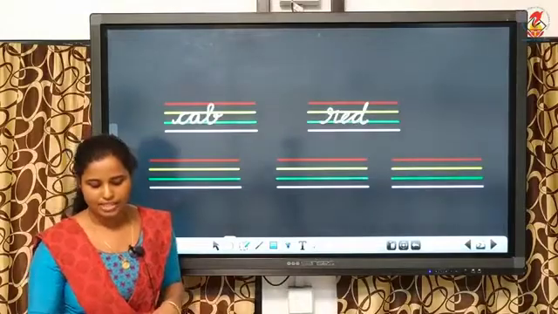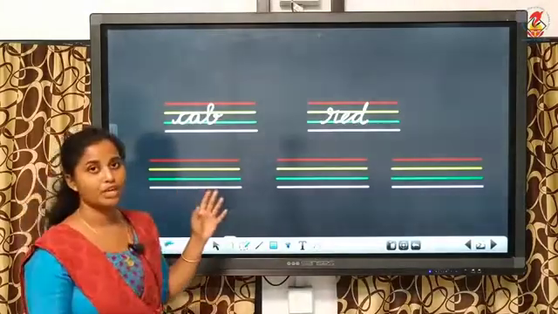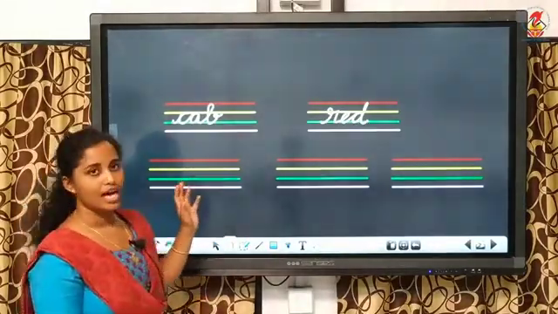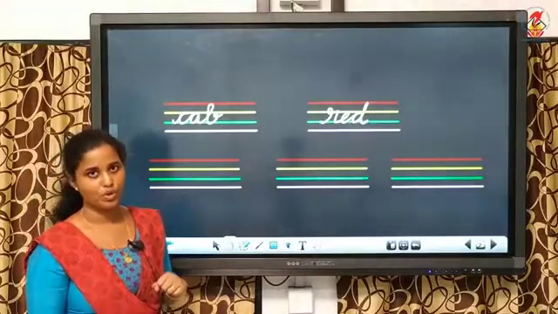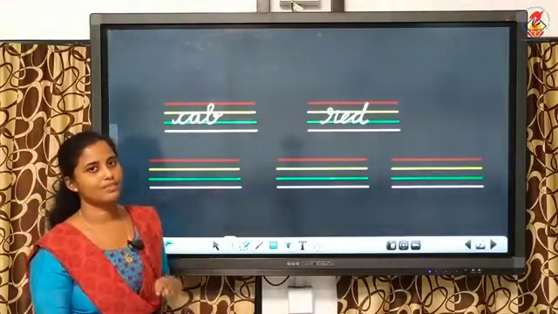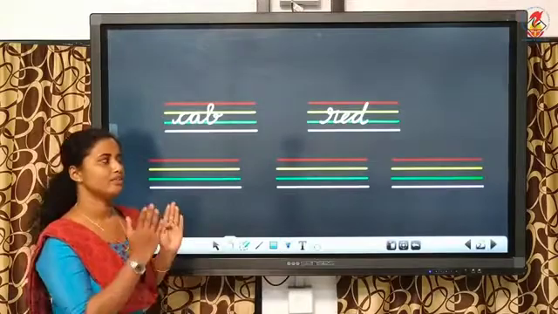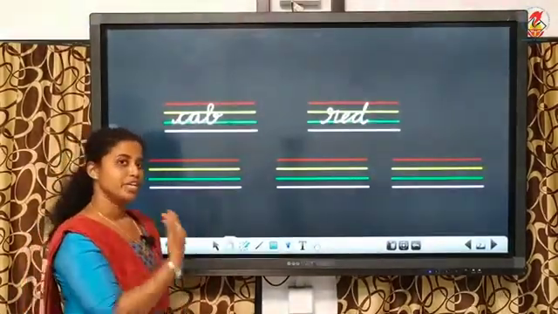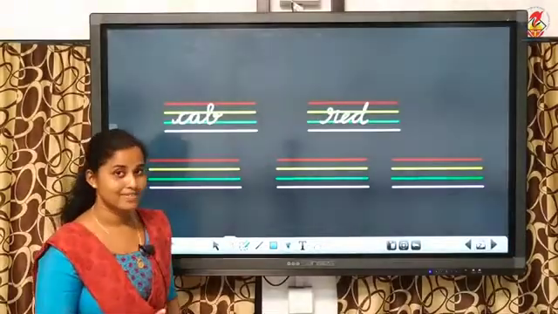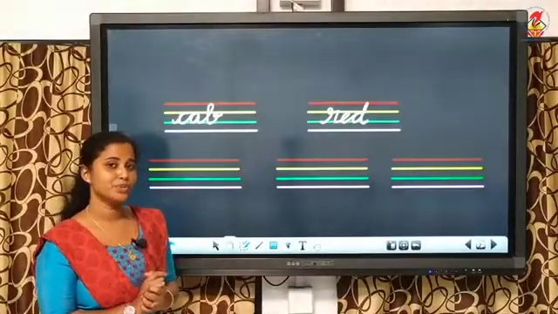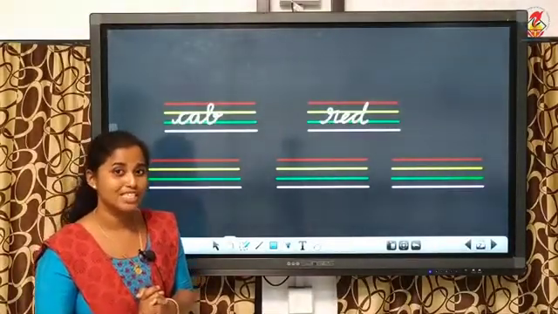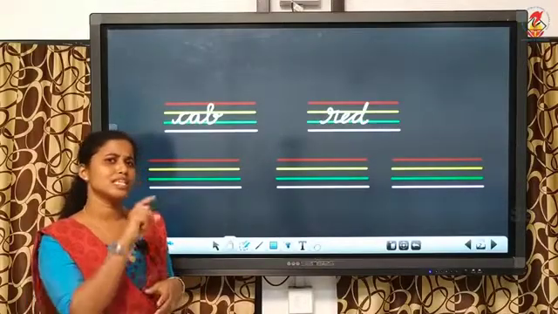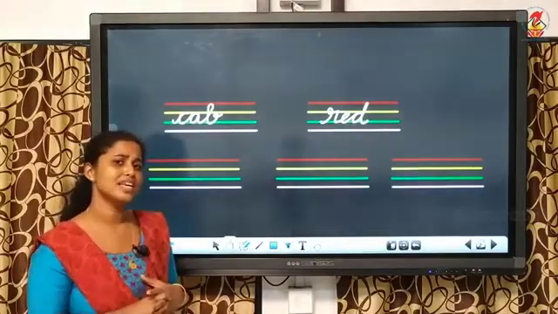Okay. For example, you have to find words with I, O and U. So 4 sets of words you have to pick out and write on the 4 lines given. And when you finish writing the activity, I have given you a beautiful picture. Did you see it? What heading is given there?